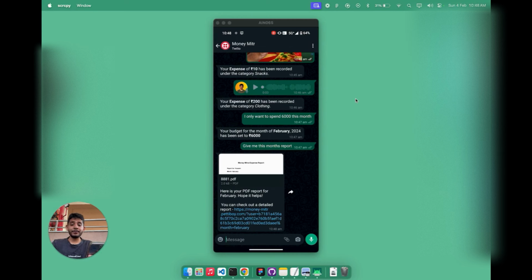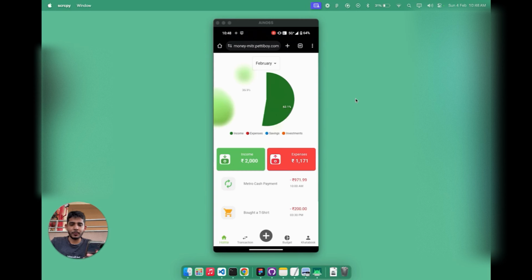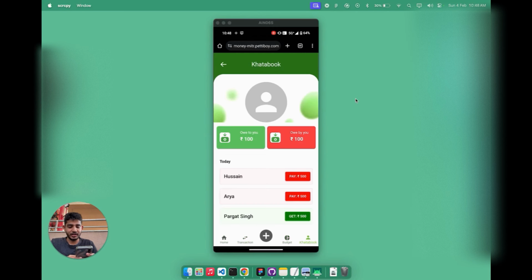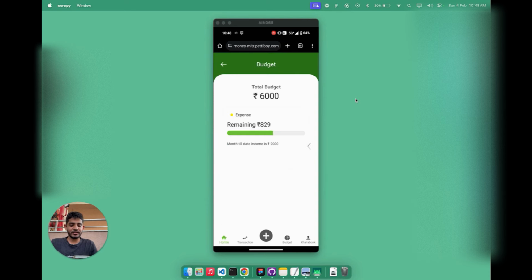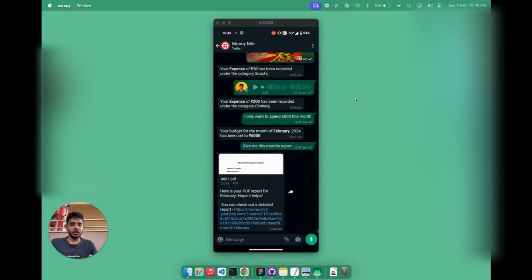So this app is entirely an optional app that the user may want to use if they require any additional functionality or maybe more information regarding their transactions, budgets, their khata book that we will come to later. However, here you might notice that the user does not have to actually create a new account or go through some kind of onboarding to use this app, because they have already registered with us on WhatsApp. They can use the app directly from the links that we provide.